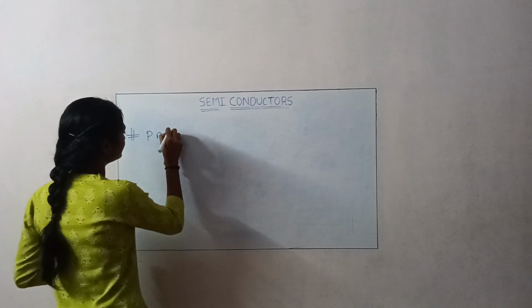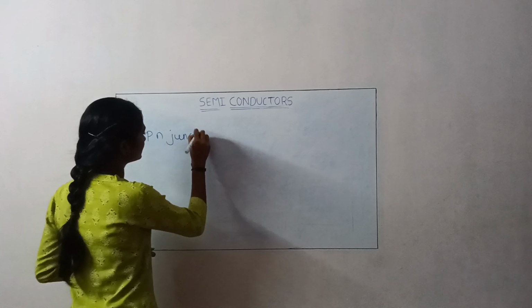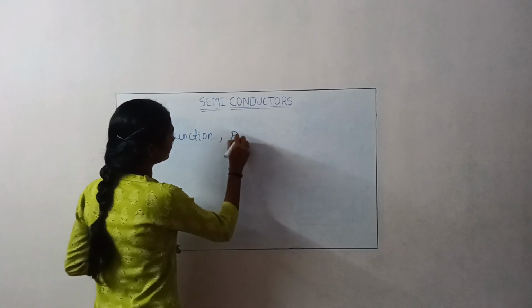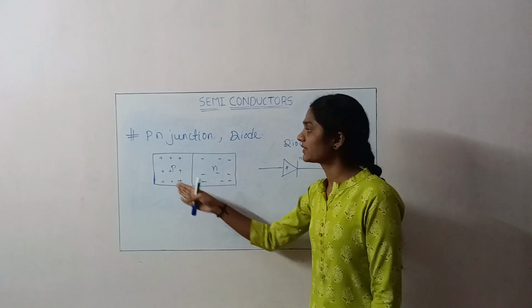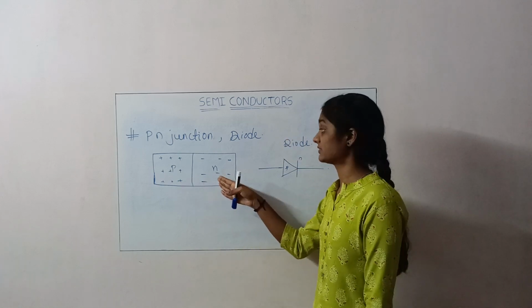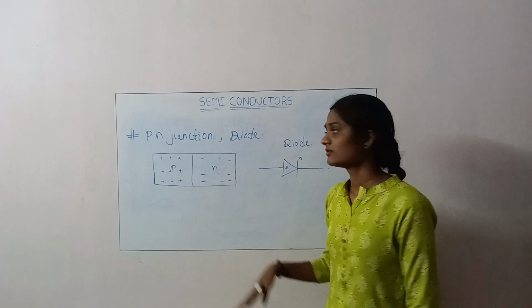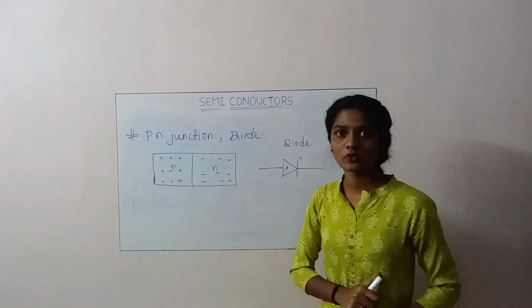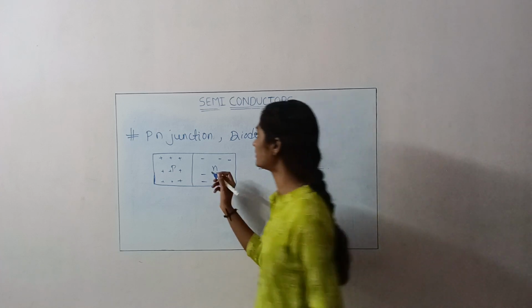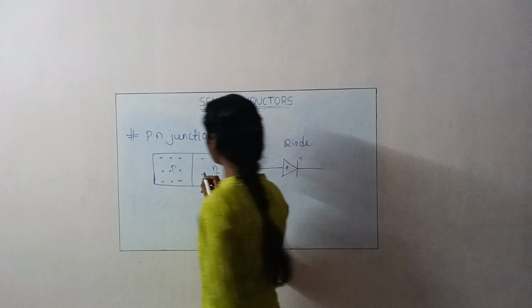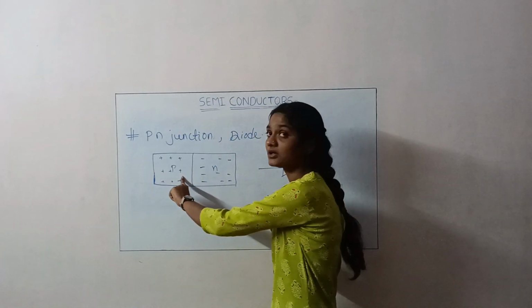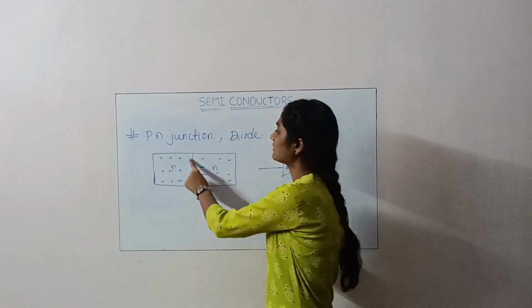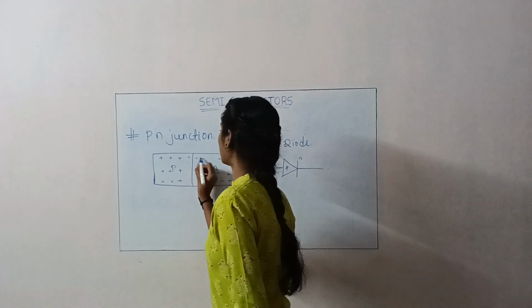PN junction diode. See here, I took a P type semiconductor and an N type semiconductor. When we combine these two types of semiconductor, recombination takes place. Means the electrons from the N type and holes from the P type will recombine and form a